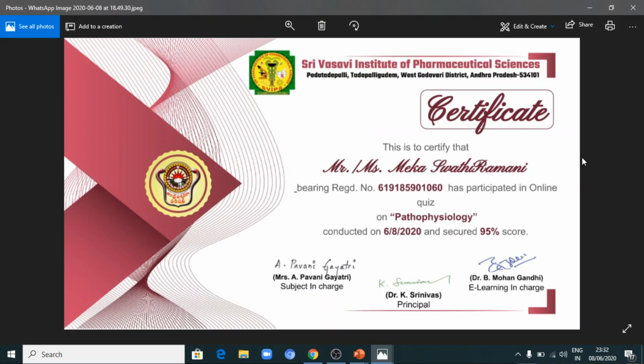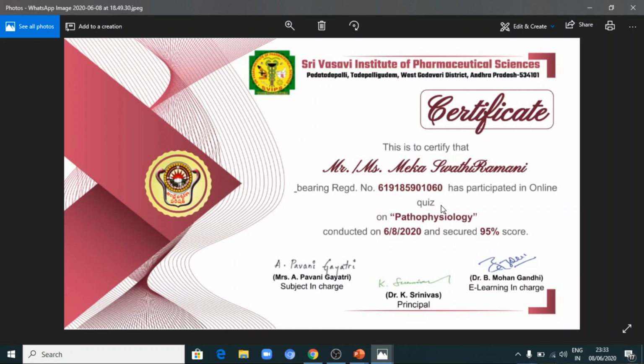Now you will receive a certificate like this with the student name, the register number, the subject of the examination, on which date it was conducted, along with the score. So this is how you can generate the certificates along with the student name, the subject, the date, register number, etc.